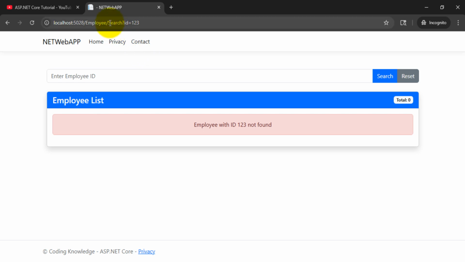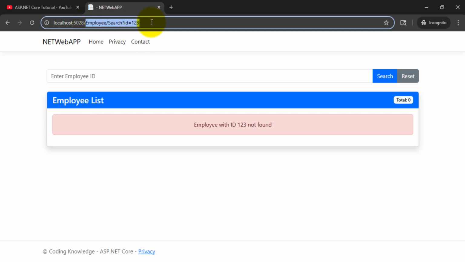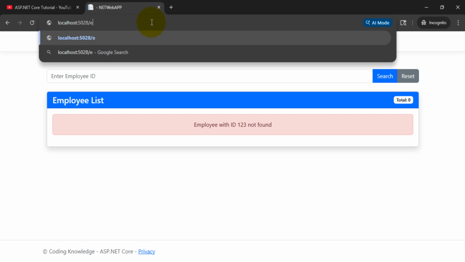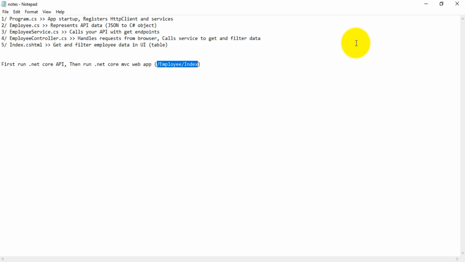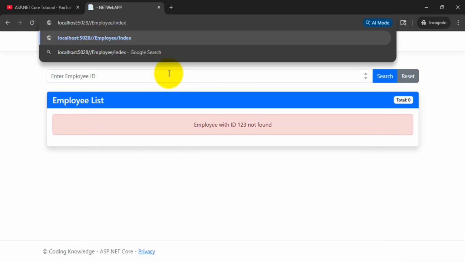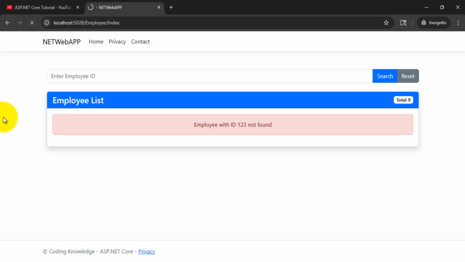I'll go to the ASP.NET Core MVC URL, which is still running. I type here employee and index. Okay. So see here, I'm getting one message that no employee data found. That means my API is not running, so the UI is showing one message that no employee data is found. Okay, so that's all about how to display records and how to filter the records in ASP.NET Core MVC